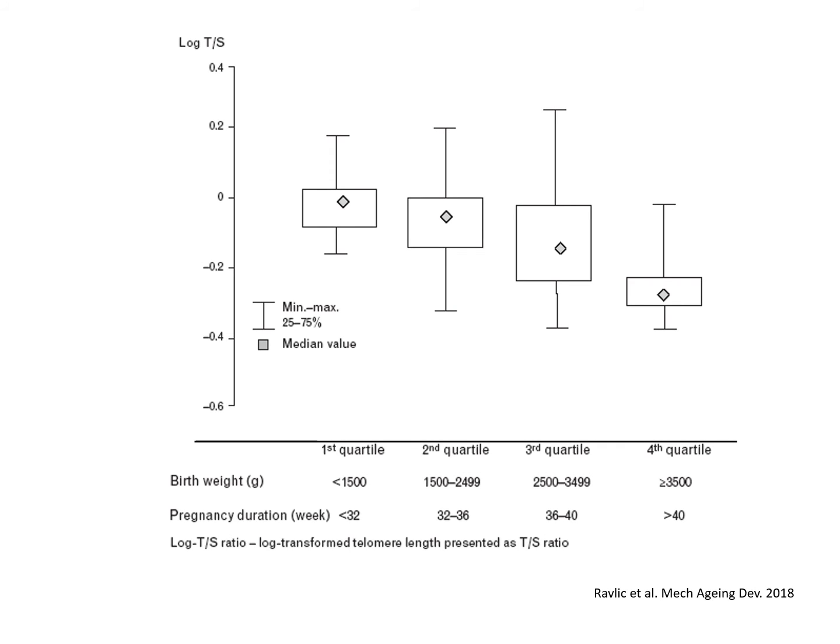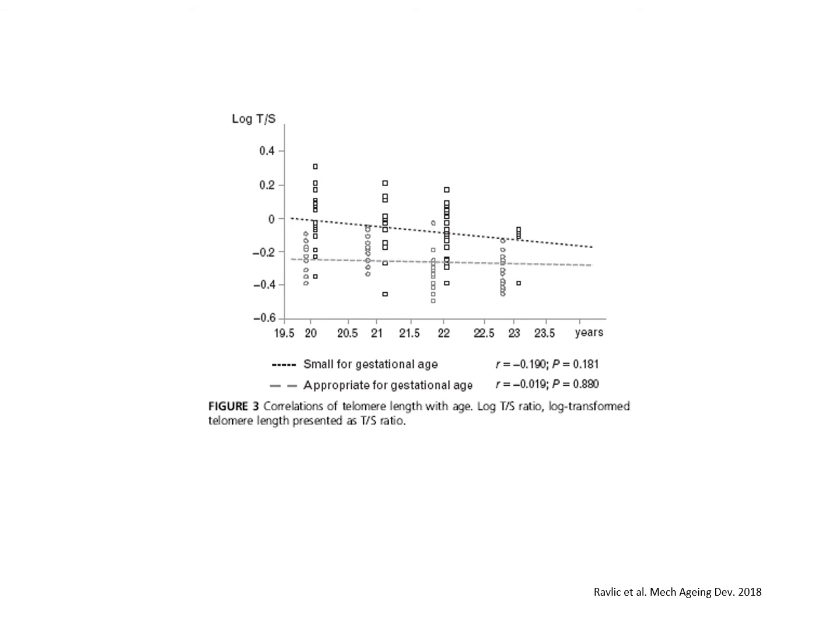So this is somewhat contradictory to what we expected. We expected that these individuals born earlier than a term would have shorter telomeres because they develop disease earlier in their lives. So we wanted to see what is the dynamic of the telomeres